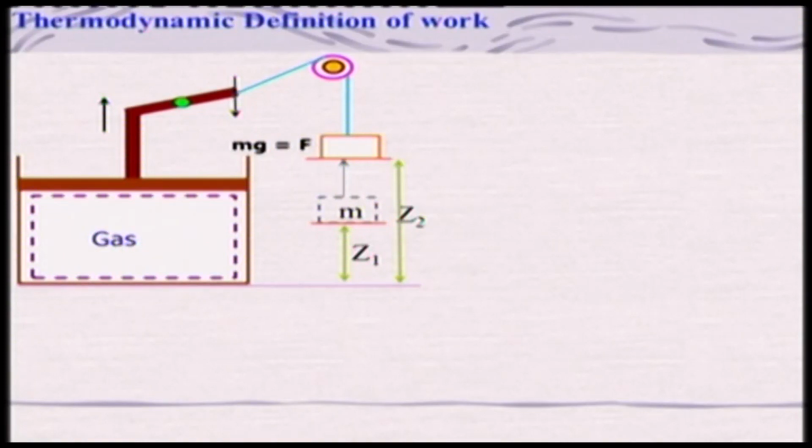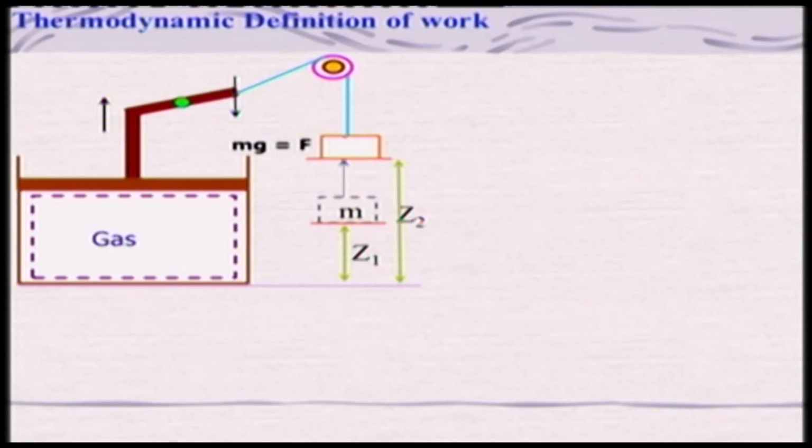For that, let us consider again our piston cylinder arrangement, which contains the gas here, and this is my system. It is connected to a lever and a pulley with a mass m. If the pressure is higher here, the piston may go up, and as a result the hinge will go down, and the mass will be, let us say, at instant Z1 and going to the Z2 distance, right. So then what will be the work done?